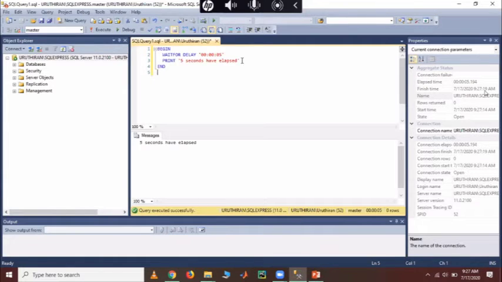Okay, they are also using a sensor, sometimes giving the time. Particular time on the pack. That's it. Then you can use WAITFOR DELAY. Wait for delay. Okay, this is the 24 hour format.